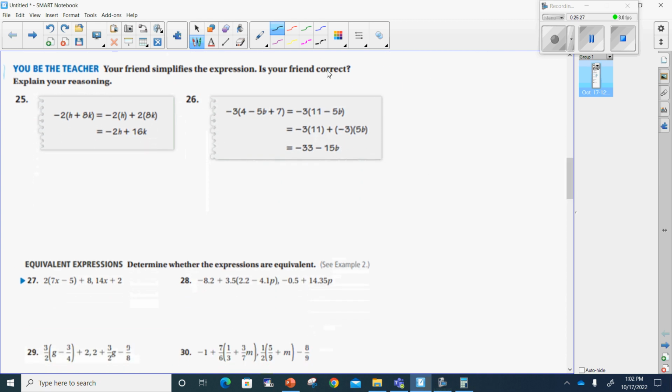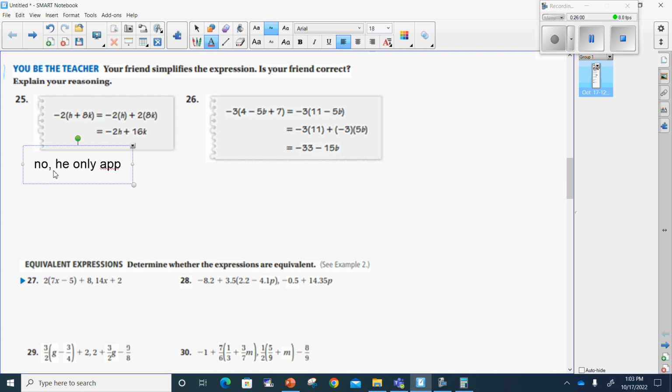Your friend simplifies the expression. Is he correct? Explain your reasoning. Well, he said that negative 2 times h is negative 2h, and negative 2 times 8k is going to be 16k. Well, we forgot that a negative times a positive will make this a negative. So, no, your friend is not right. He only applied the negative